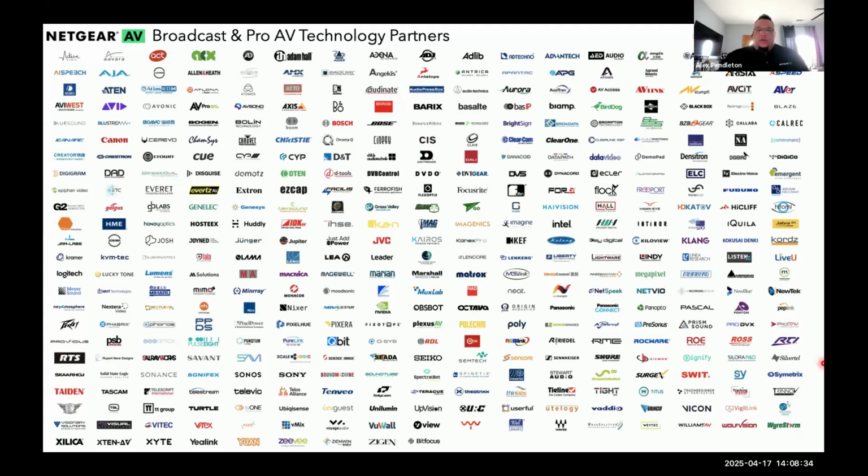And honestly, this is a tough thing to do, and we will not, I'll confirm to you right now, we will not cover every corner case. Even with all of our partnerships, the one thing about the AV over IP industry, as you see all of these partners on this list, is it's growing. This is the most latest list as of March 26, 2025, but there have been 17 new as of the beginning of April, when we went to NAB. New customers, new AV over IP manufacturers that we actually worked with at NAB and found out that they were not on the partner list. So we added them just as that event took place.